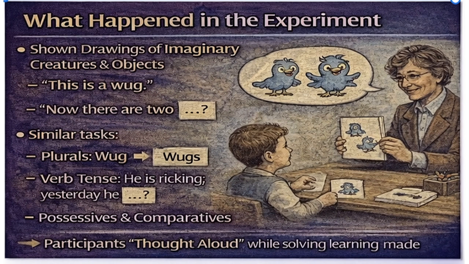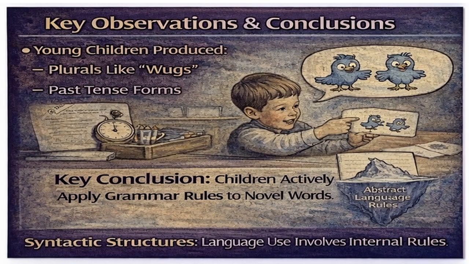Verb tense, for example, "He is ricking. Yesterday he." Possessives and comparatives. Children were encouraged to complete the sentences naturally, without being corrected or guided. Main observations and conclusions. Gleason observed that even very young children correctly produced plurals like wugs, past tense forms, possessives